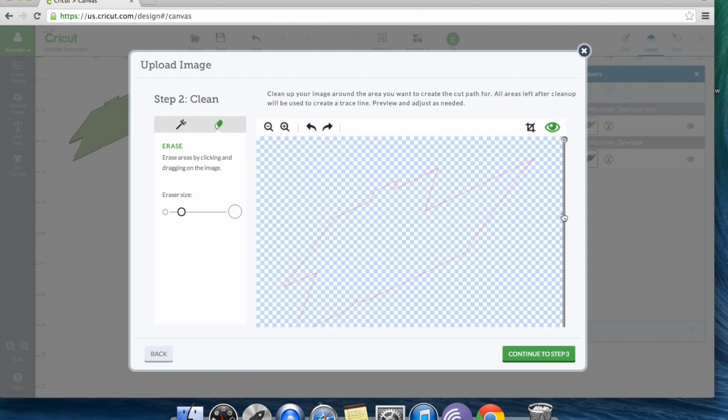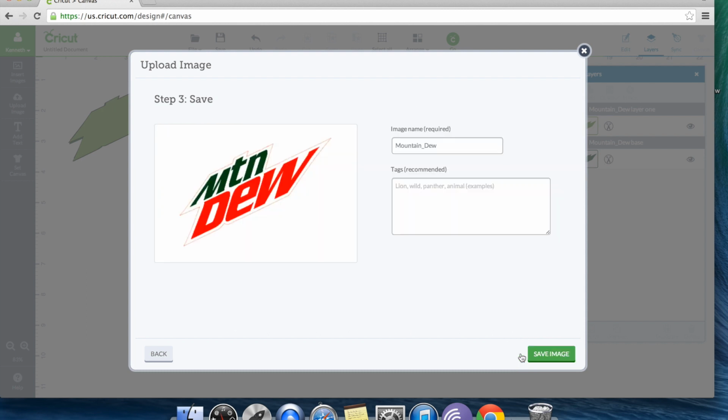Alright, so now that I went ahead and got that faint line that's all around gone by using the eraser, which can be time consuming, I'm not going to lie, I have my white layer. So I'm going to continue to step 3, and I'm going to go ahead and put my white layer,